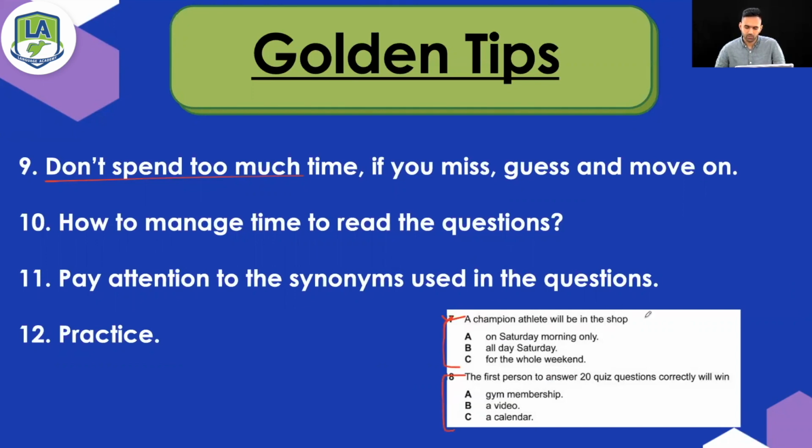Because if you just keep on thinking about this, you will miss the next one and so on and so on, and you'll mess everything up. But again, if you miss anything, don't leave it unattempted, just select the one which you think can be the right answer. Because even if you select it and it's wrong, you'll get zero, and even if you don't attempt it, you get zero. So if you've got three options, you are just guessing it, you have 33% chances of getting it correct. So never ever leave anything unattempted.